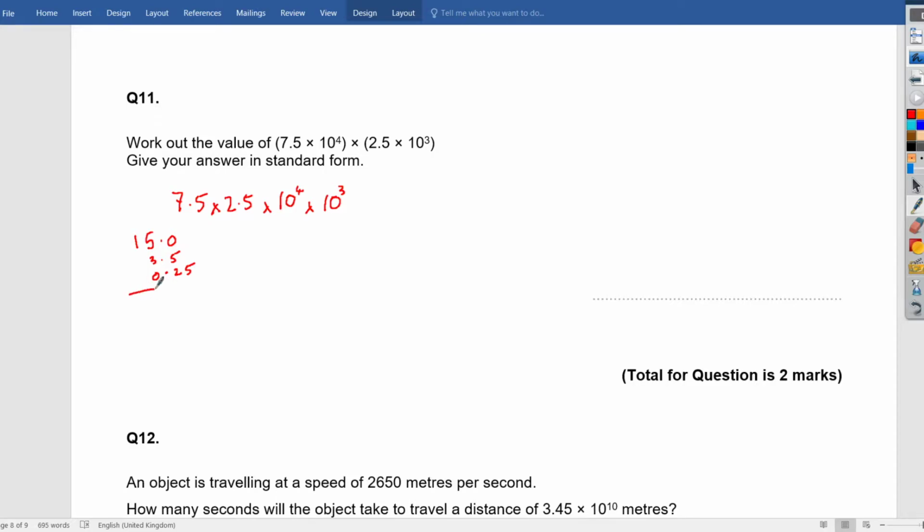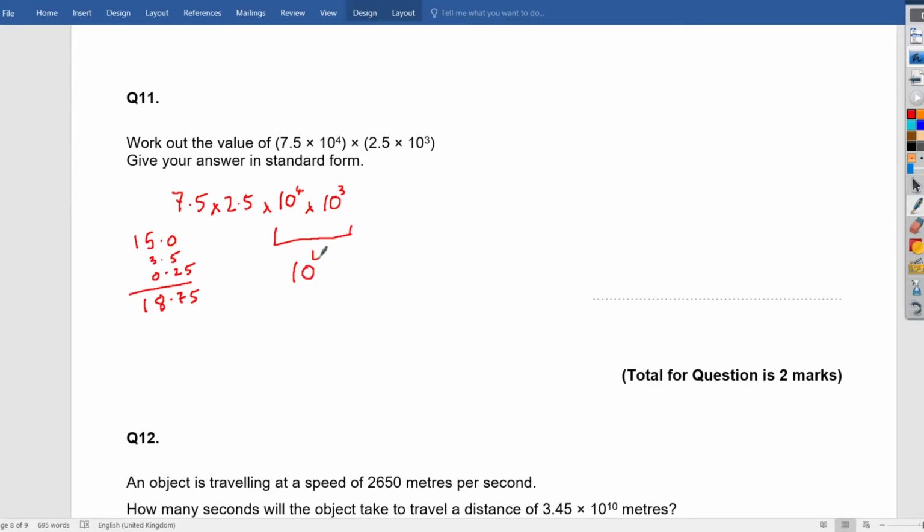So if I add all this up, I'll get 18.75, and what I could do here is keep the base the same